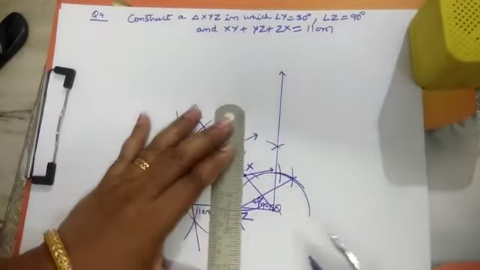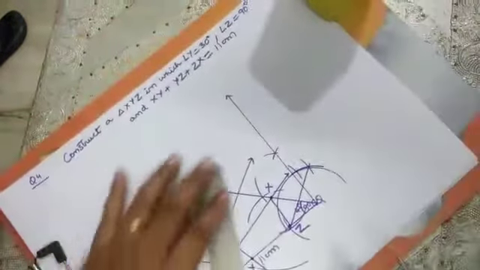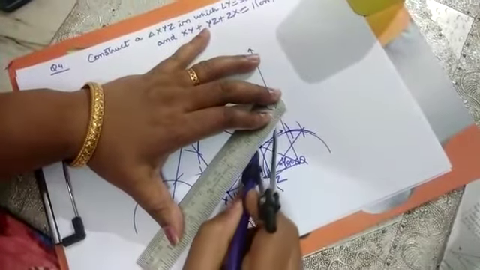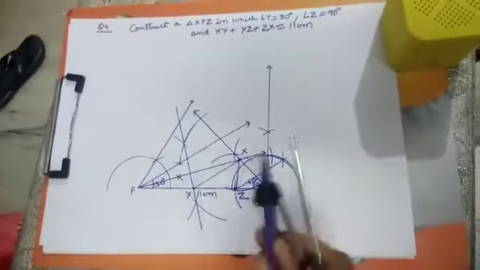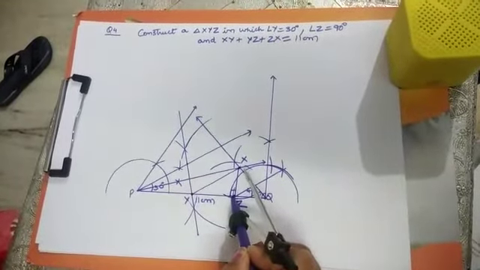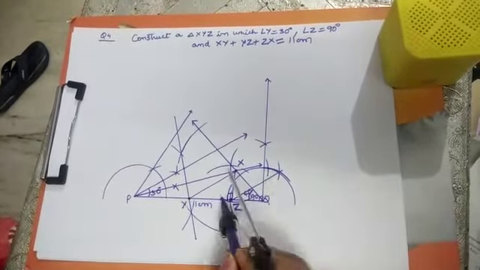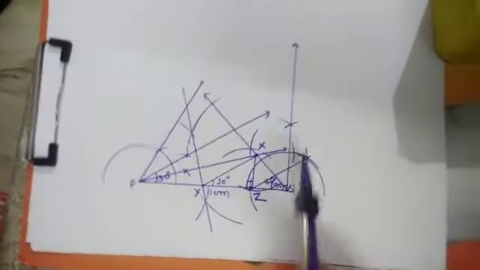Now join X to Z and join X to Y. Now see. Now if you see, this angle will come out to be 90 degrees. These two are parallel lines and PQ is the transversal, so these two are the corresponding angles. And this angle, now my question is, angle Y is 30 degrees. You will see that this angle is 30 degrees. You can always measure it with your protractor.